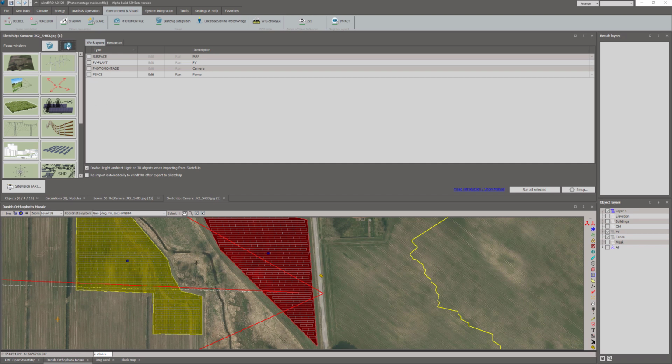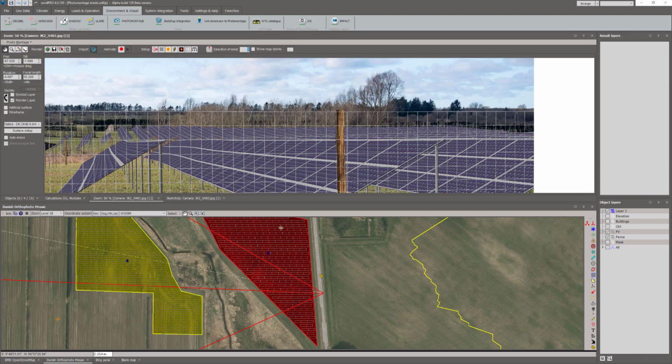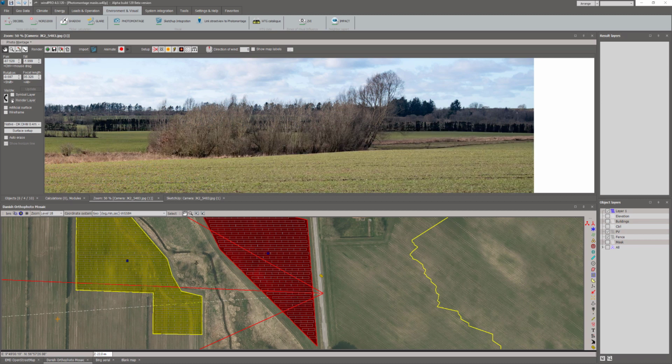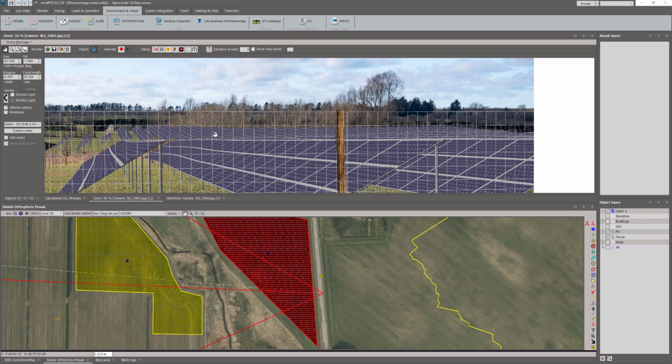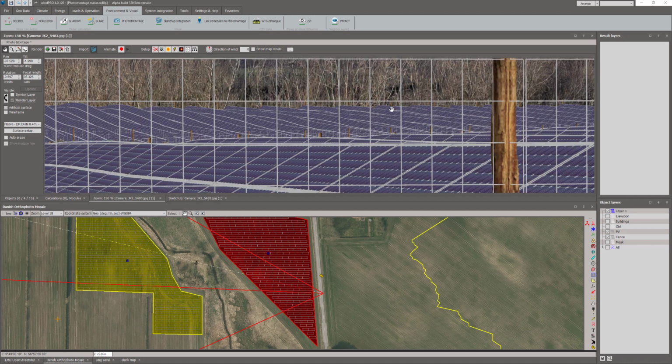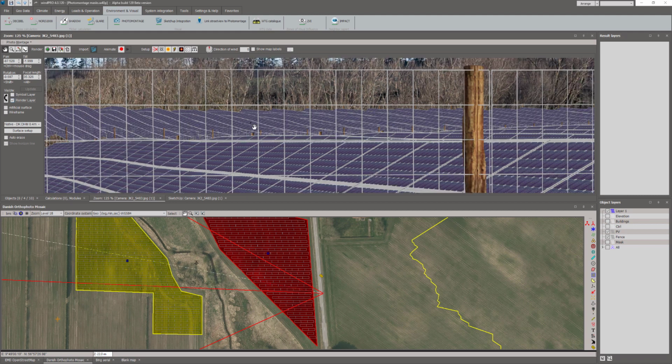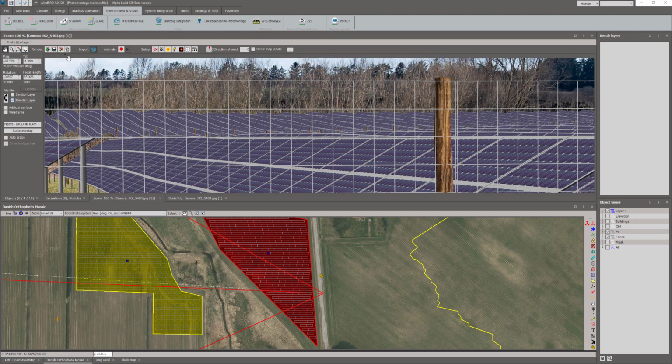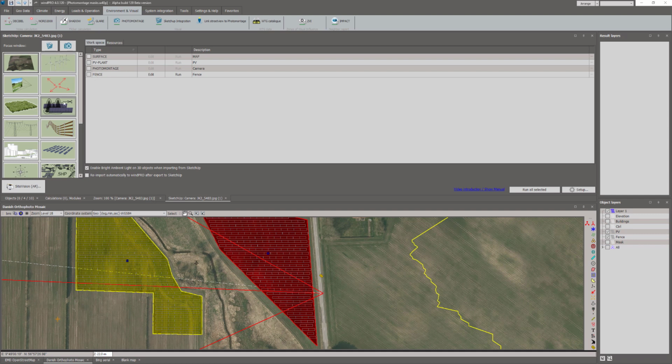photomontages. I have a photomontage here where you can see I have some trees that are standing out there in the middle of this field, and those trees should actually go in front of these panels here, and it should go behind these panels right here. And you can see actually the tree should also go straight into the middle between those two lines of fences down here. So that is a very complex rubber situation to solve if you should use the rubber tool here in photomontage. So this can be done instead using the SketchUp integration tool, and